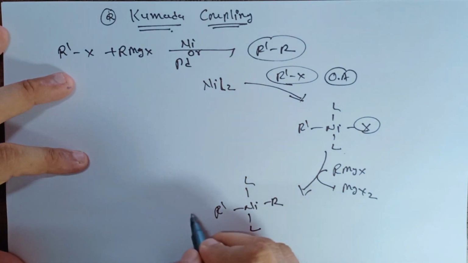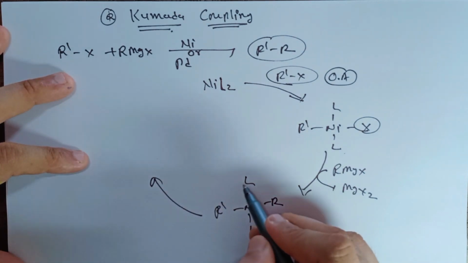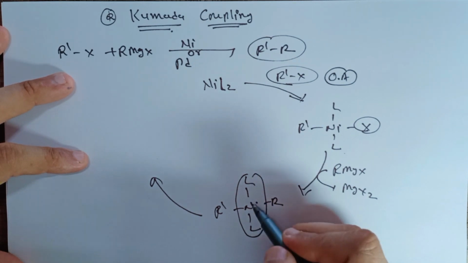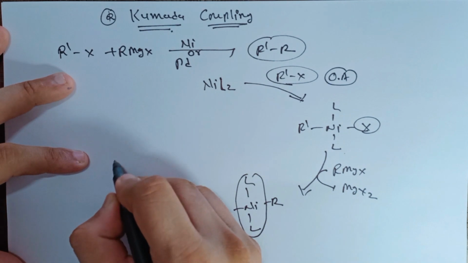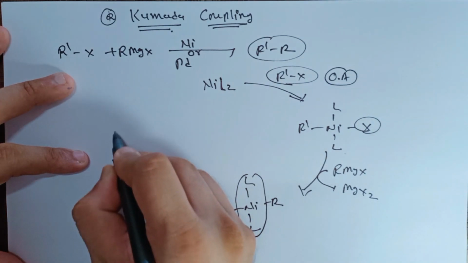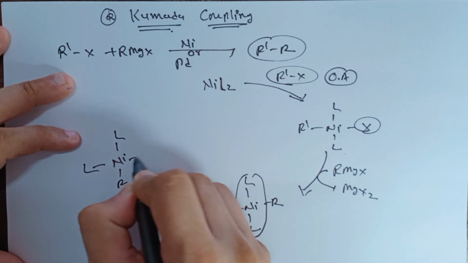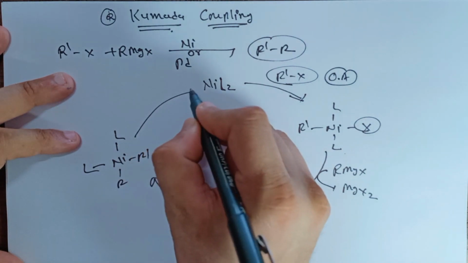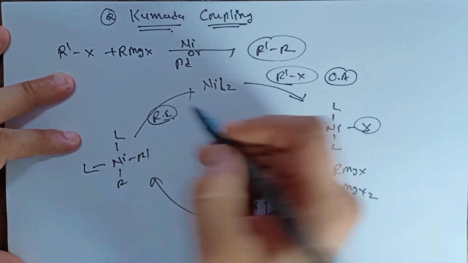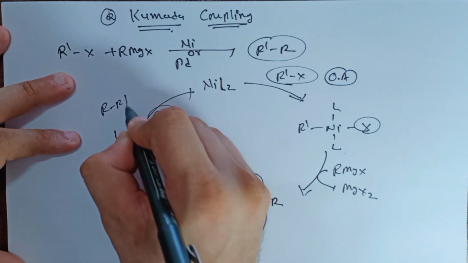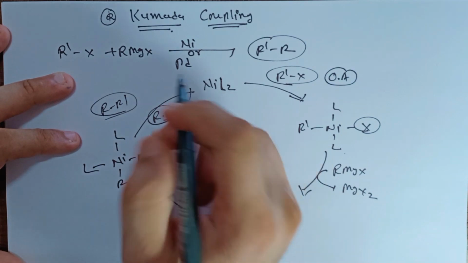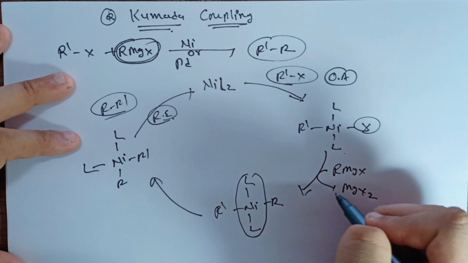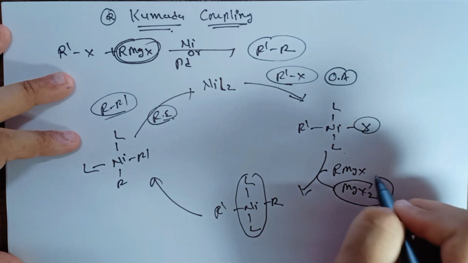Now we can arrange these two from trans to cis. So this is our trans, with a 180 degree ligand and ligand, and we can arrange it to cis also. So here we have a nickel, with ligand over here, R and R dash, the trans to cis isomerism. Now by the help of the reductive elimination reaction, you can have R and R dash coupled products. You have to remember that this is an RMgX group, which will be converted to the MgX2 group.